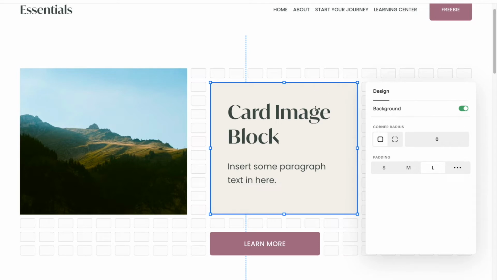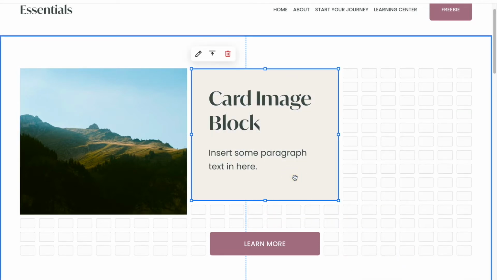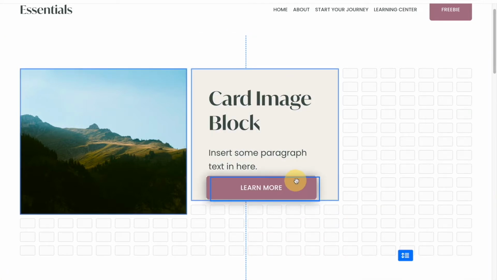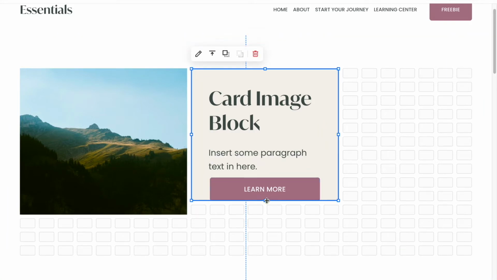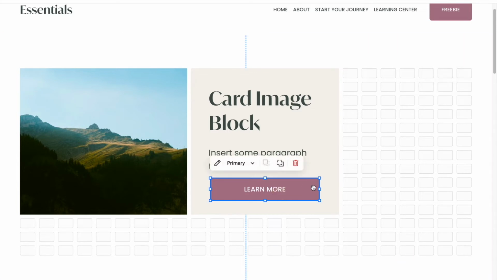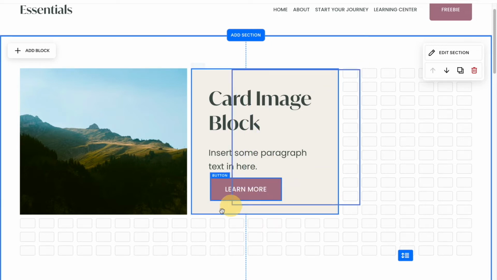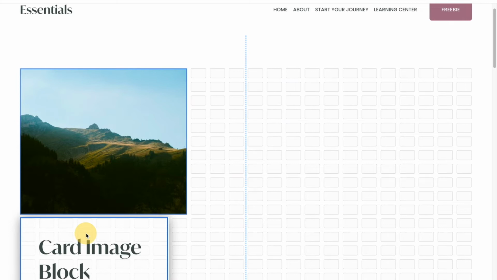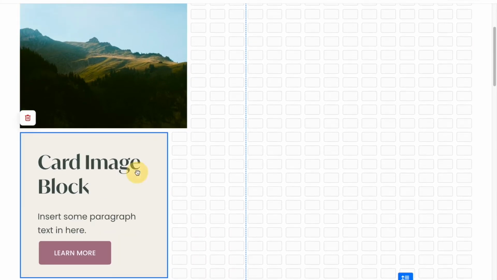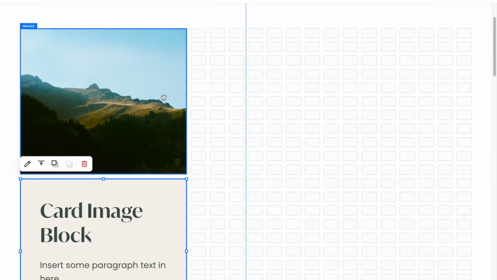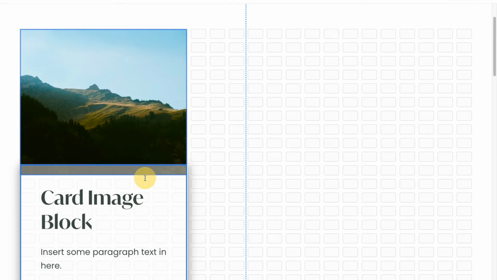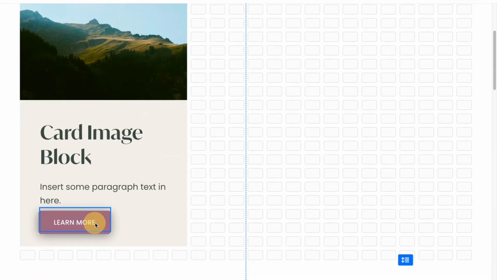So if we wanted to, we could click off, pull this all the way to the edge here, pull our button up, click on the text again, make the container a little bit bigger so we've got space, and now that button appears in the text container and we can show a card image block like this. Now if you wanted this to appear below the image, you would just come in here, pull it down and adjust the width of the card image block to match the image on top. If you wanted it to overlay, you would just pull it up a little bit,